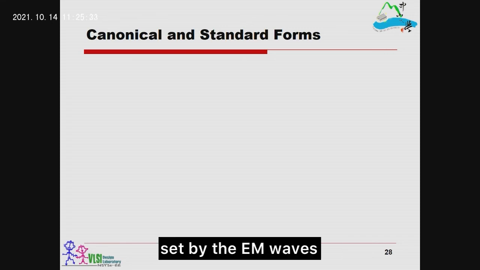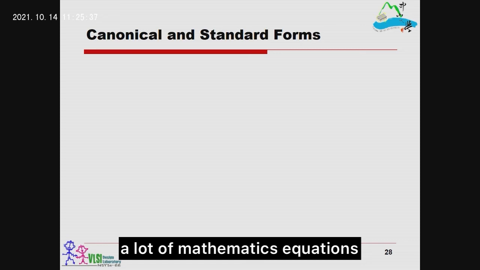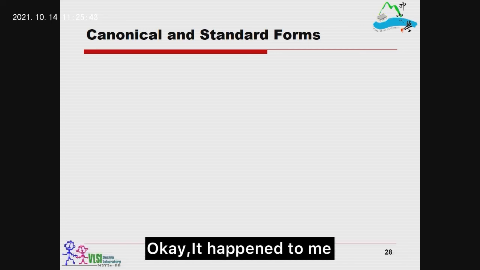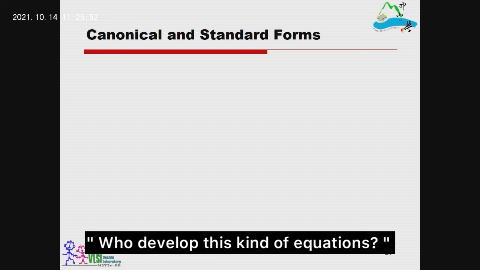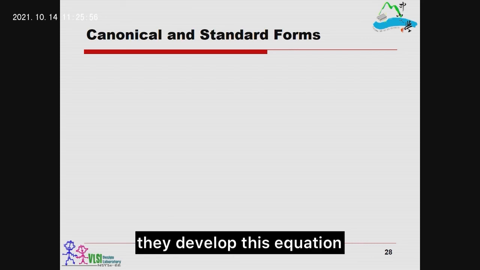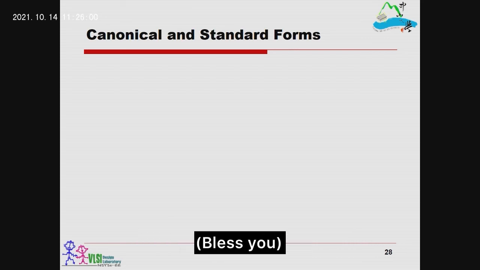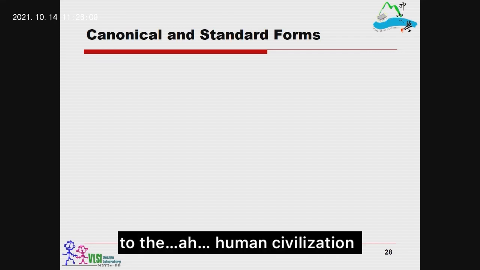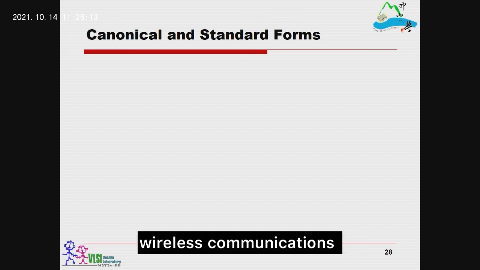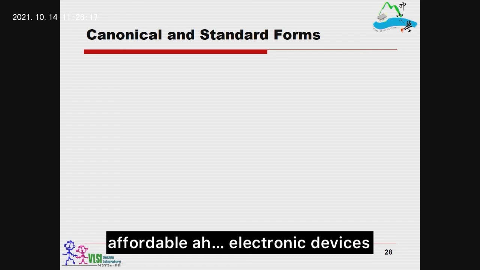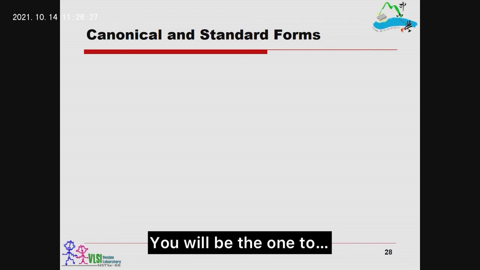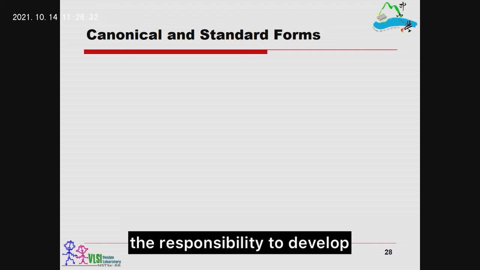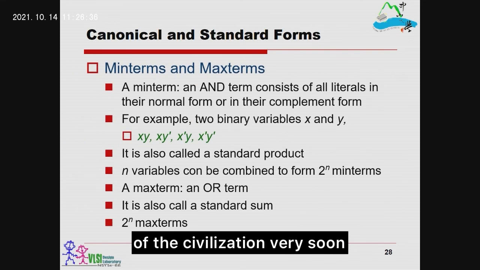You're running into the big wall set by the EM waves, a lot of mathematical equations. And some of you will feel dizzy in the class. It happened to me and my friends before. The first time when we solved the Maxwell equations, I said, what the hell is this? Who developed this kind of equation? Some persons close to God developed these equations, and they tried to torture us for the next 3 centuries. But in the end, people proved all these equations are fundamental to human civilization. Based on these equations, we have wireless communications and a lot of affordable electronic devices, for example your cell phone, tablets, this kind of thing. You will be the ones to take over the torch, the responsibility to develop another level of civilization very soon. Okay, let's go back to